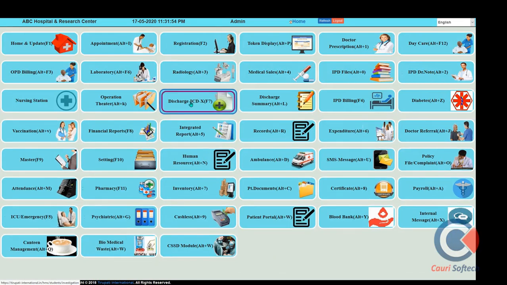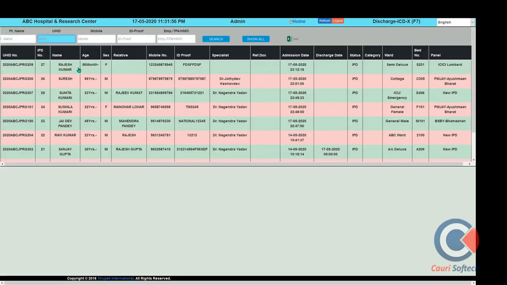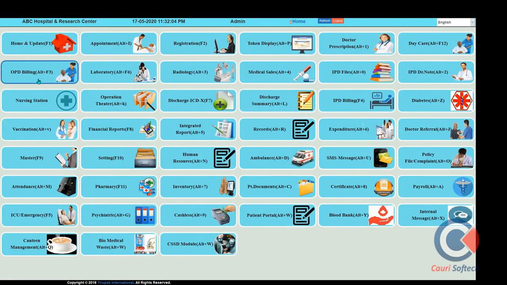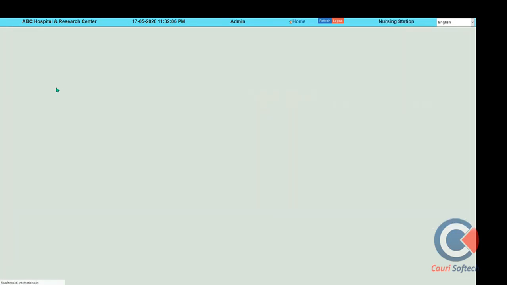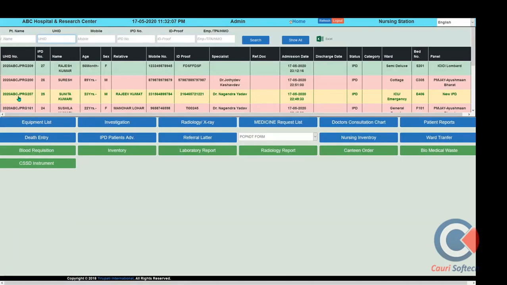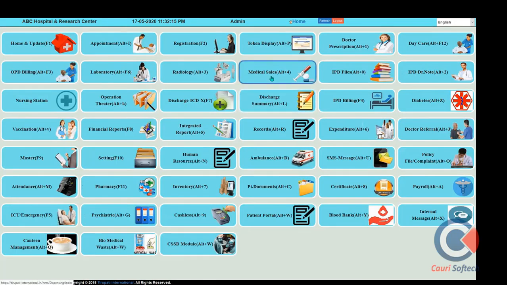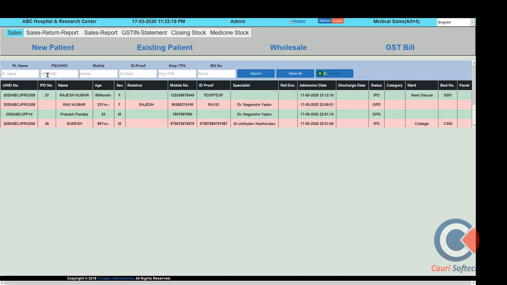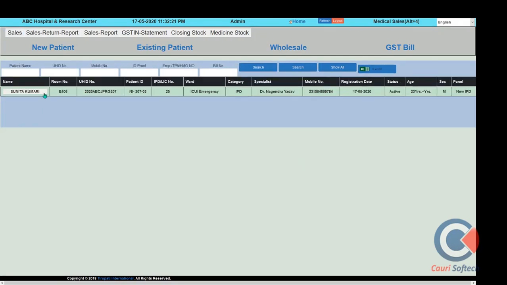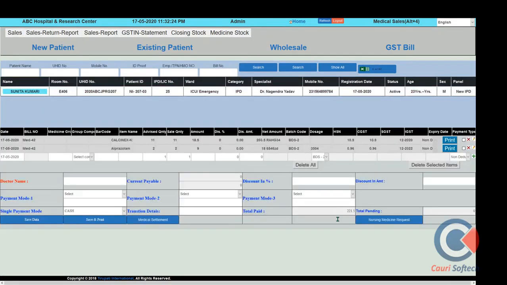After that, the discharge summary. After performing all activities, we have to prepare a discharge summary, and the discharge summary will be given to the patient, which is internationally valid with the ICD discharge summary format. This discharge data is taken from the WHO website, which can be very helpful to track a patient's complete detail. Meanwhile, I would like to generate the medicine issued to the same patient which has been advised to the patient, and that medicine supplied to the medical IP patient will be supplied through the nursing medicines request.